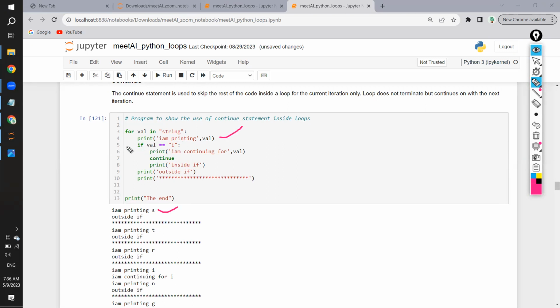After that, if value equal to i, will it enter? No, because value is s. It will not enter, so this whole if condition is skipped. Then what it will do after that, it will execute whatever is there after this if, because observe this, both the prints are also inside the for loop. This whole thing is the for body, right? Then you have print outside if, you are printing outside if, then we are printing this border. Fine. After that, go back and take the next item,